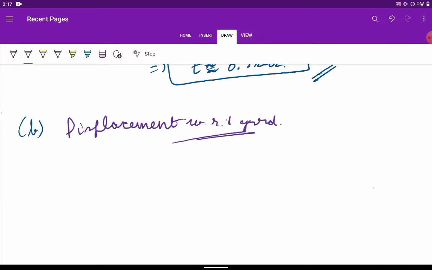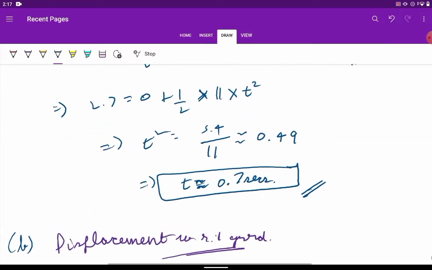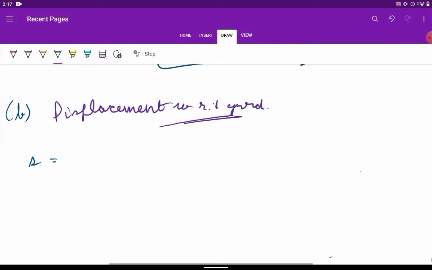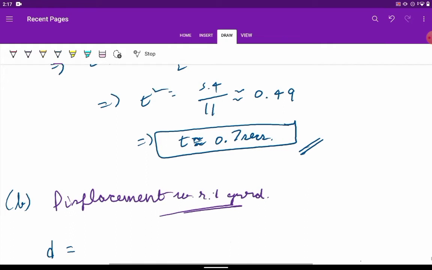Let's call it S, but because we already used S, let's call it D. There's no confusion. D will be basically D of the bolt,